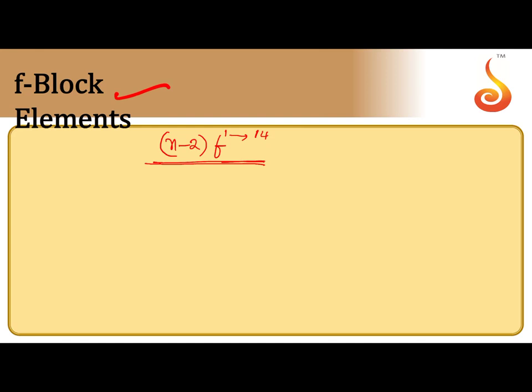These are also called inner transition elements, since these are present between two transition elements. In the periodic table, these are arranged between two transition elements. That's why these are also called inner transition elements. Almost all f block elements are inner transition elements. F block elements are placed below the periodic table. These all belong to the third group. F block elements are in two series, lanthanoids and actinoids.